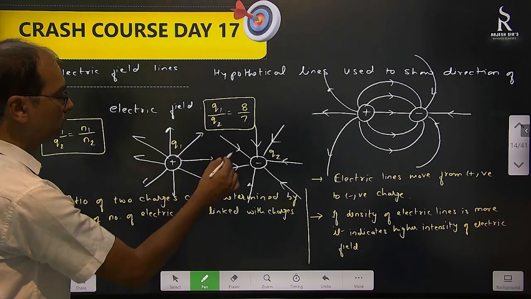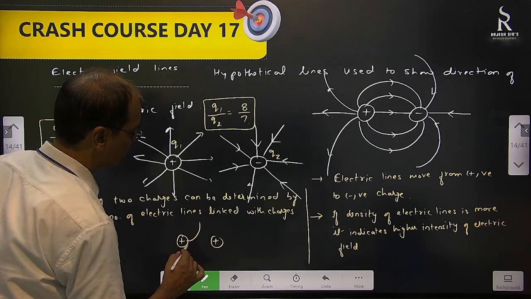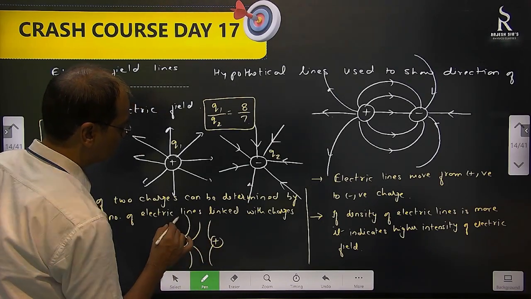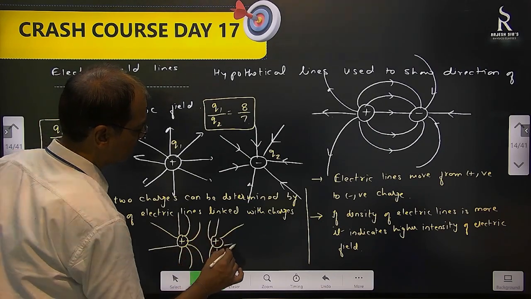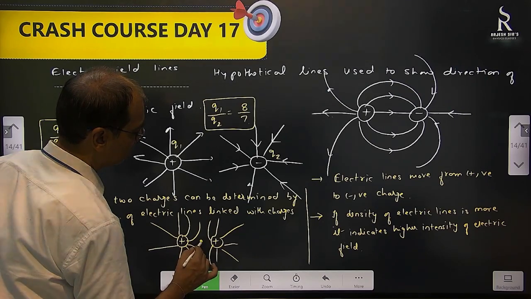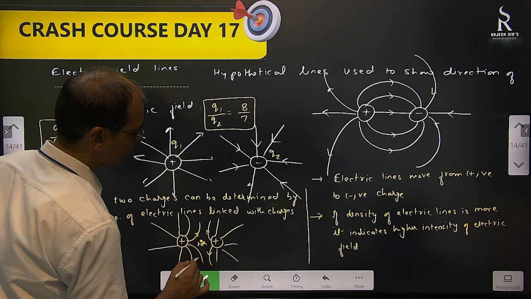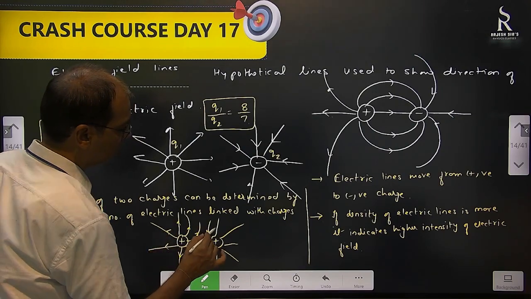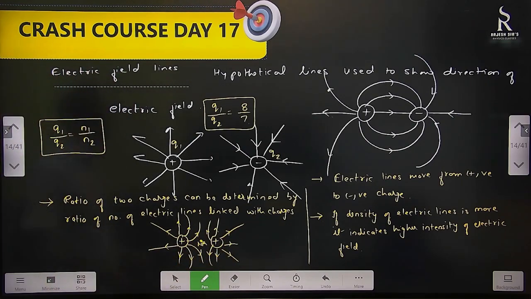If two positive charges are very close to each other, then how will the lines of force be? It will be like this. And this point here, we call the neutral point, where the electric field will be 0. We found a little while ago where we should keep one charge so that the net force on it is 0. This is only that. It's called the neutral point. So these are the electric lines of force.